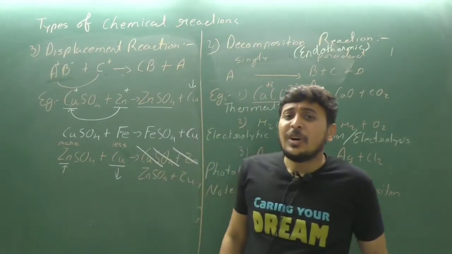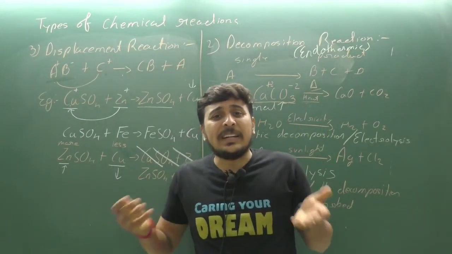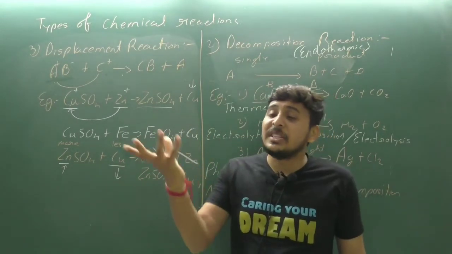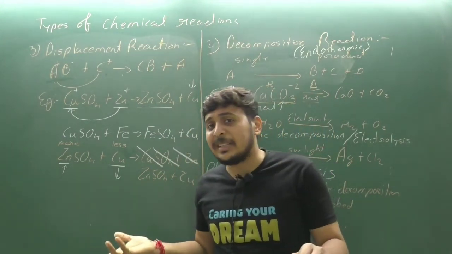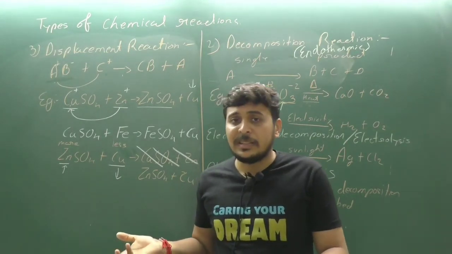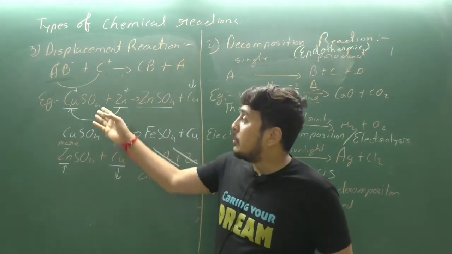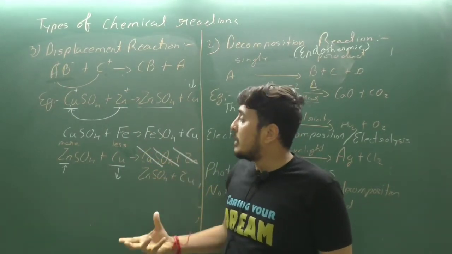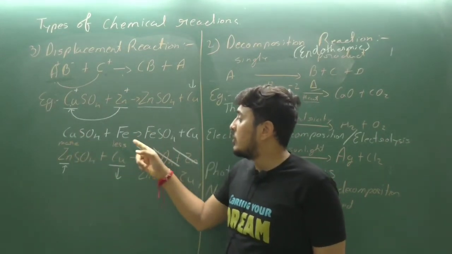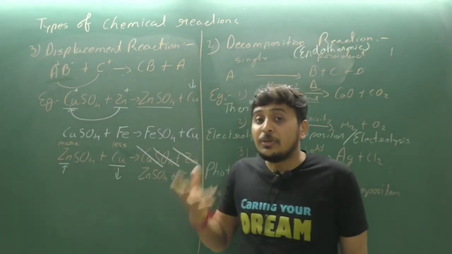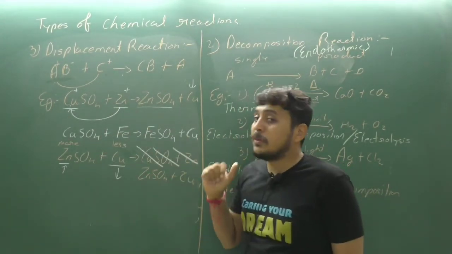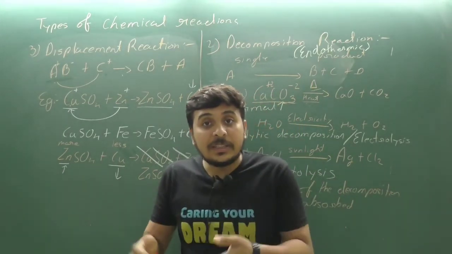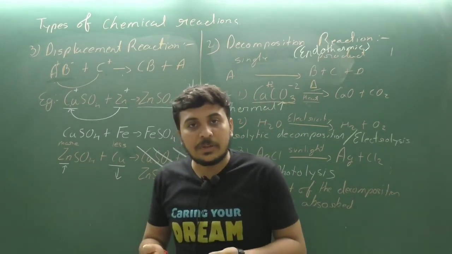Clear? So how can we know, in a random reaction, which element is powerful and which element is less powerful? I have told you here in the first reaction, so you can know that. If a random reaction was given, for example CuSO4 plus Fe, then how do we know that Fe is more powerful and complete the reaction? Don't worry about that. We will learn about that in the next few lectures.